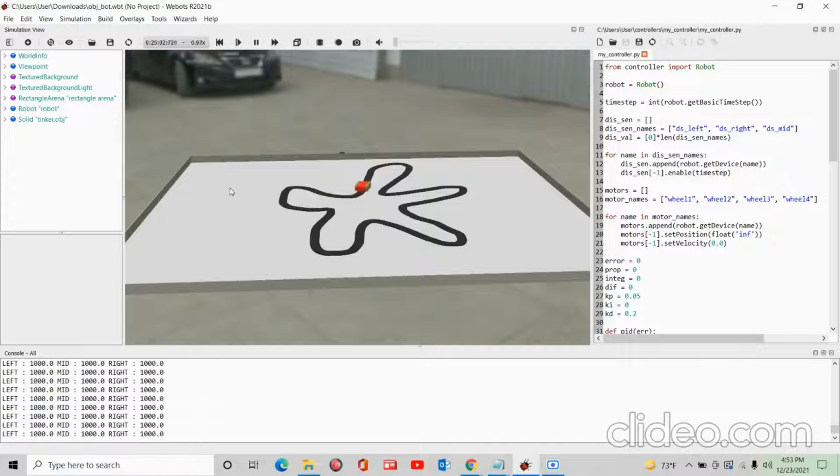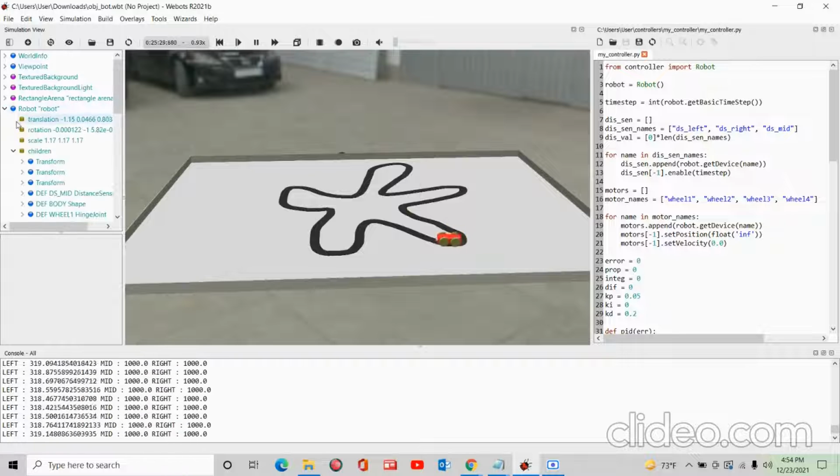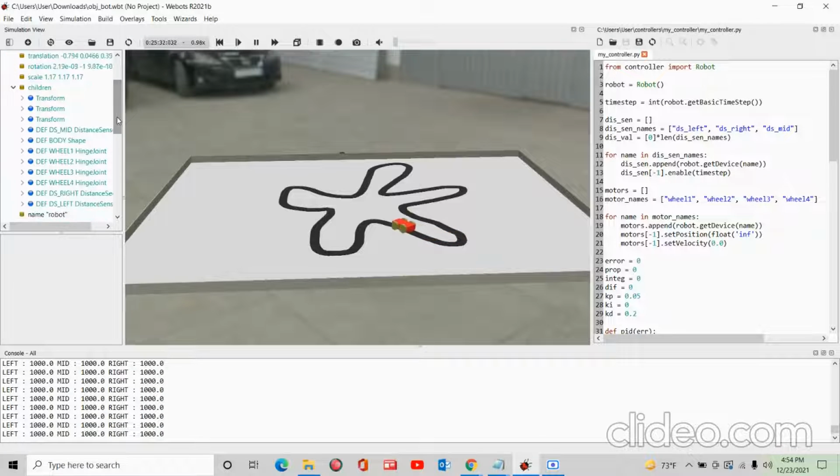I've given it a light color except black, because since we have used infrared sensors, we could not use a black color, so we had to use any other color other than black. And then since we were asked to create a robot and could not use a pre-built robot from Webots, I created a robot. In the children part, I've created the body shape,